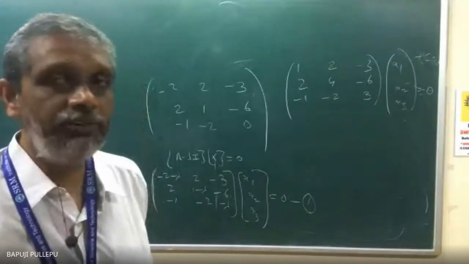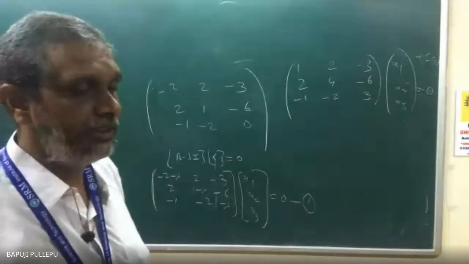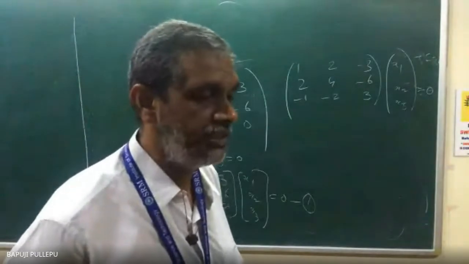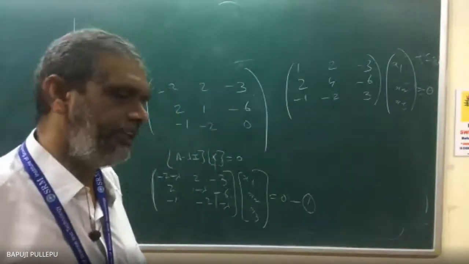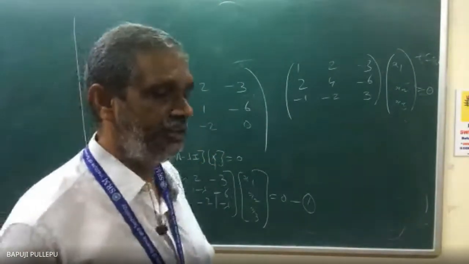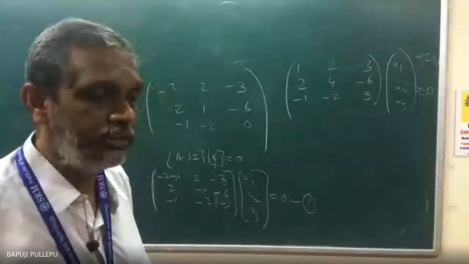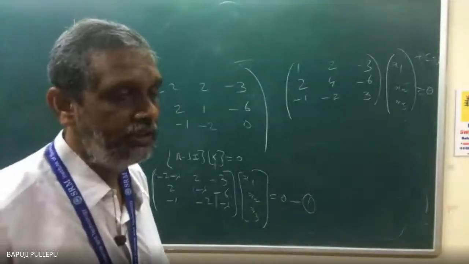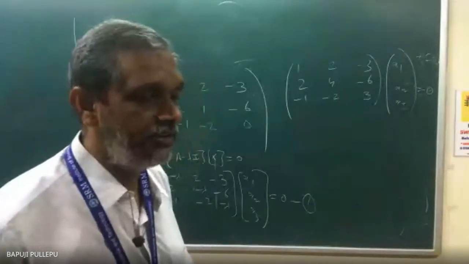In this case, as I told, in any determinant if any two rows or two columns are equal, the determinant becomes 0. If you take any two same equations, you will get x1 equal to 0, x2 equal to 0, x3 equal to 0. So don't take that. Those are trivial solutions; we cannot take the trivial solution.